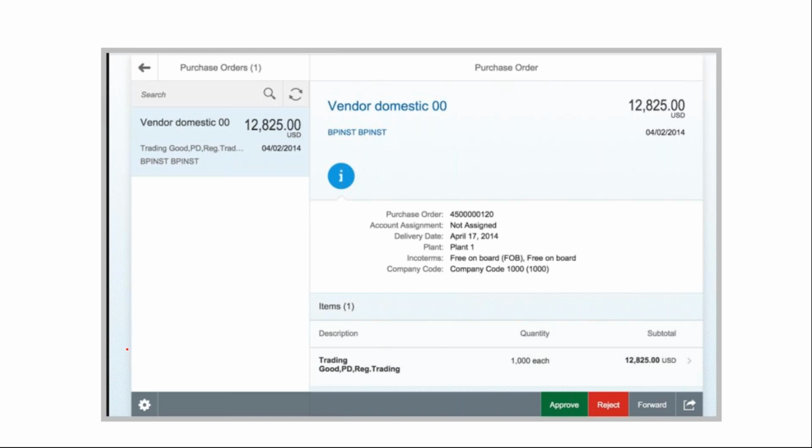So whatever request gets populated to him, waiting for his action, resides in his My Inbox. The moment he clicks on My Inbox, he's able to see this particular purchase request. Whichever actions are pending will be part of his inbox. If he sees it and decides to approve or reject it at his discretion, he can take a call in real time. He can go and approve or reject it.